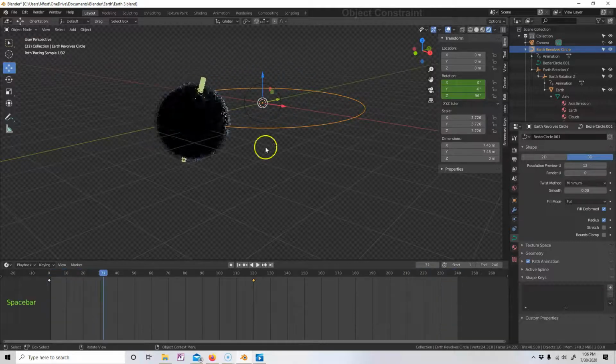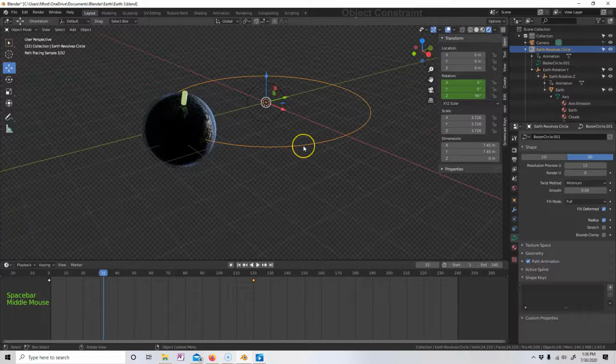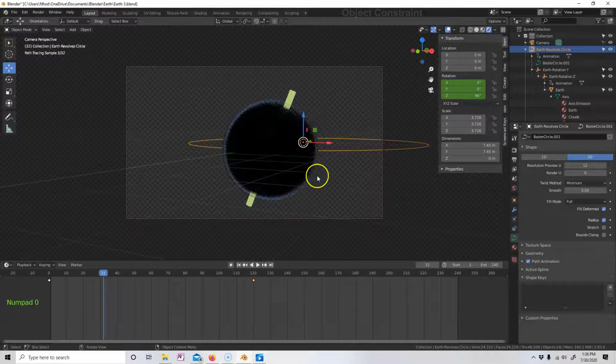And we can do the same thing with Earth Revolves. Let's see where our camera view is. Now, the one difference between using a mesh circle and using a curve circle is that with a curved circle, you have curve modifiers. You have curve options that you can use. And one of them, like if we rendered an image right now,